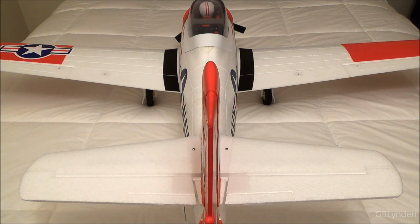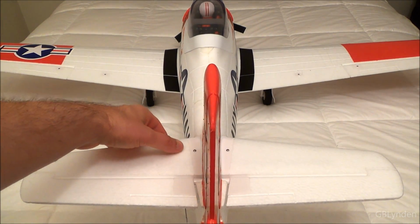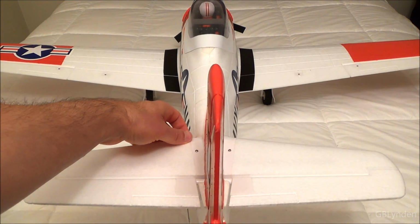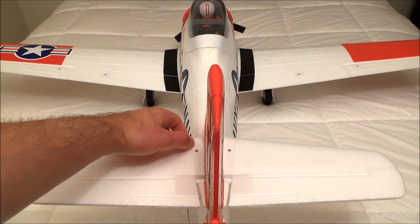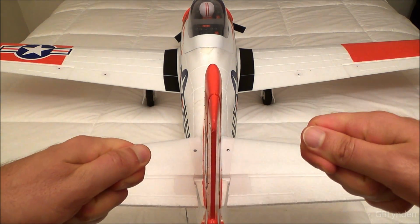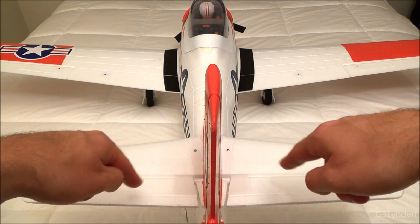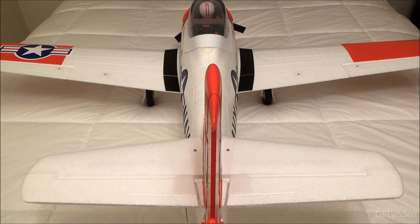Probably the biggest one that I wanted to call out is the tail section here. The way the horizontal stabilizer fits in here is absolutely rock solid. These are reinforced. Now first you've got to push those in nice and tight. They fit in very snug. There is a plastic spar that goes across that holds it in place. In addition,